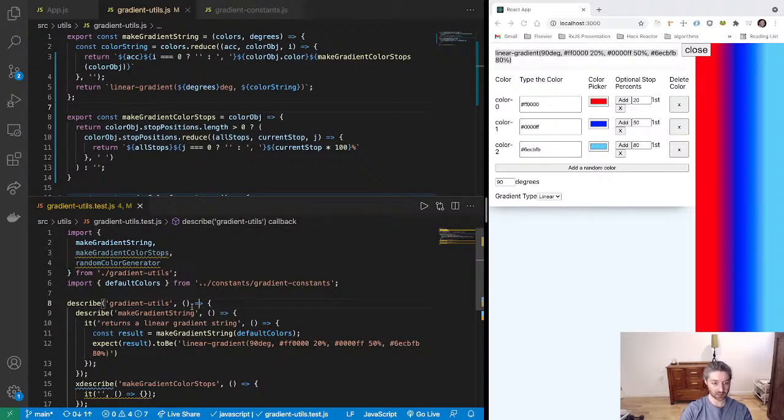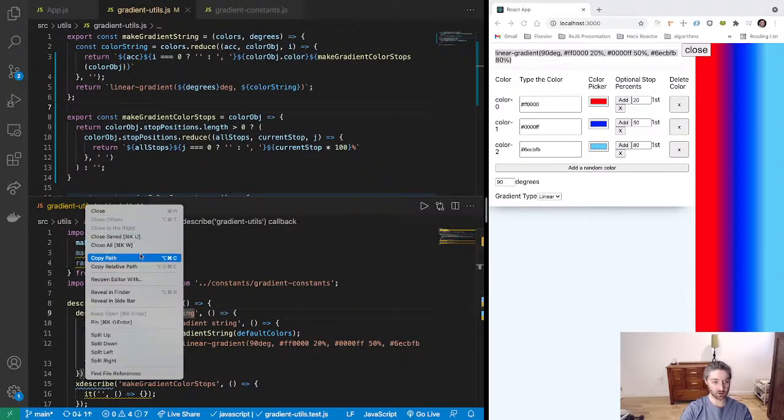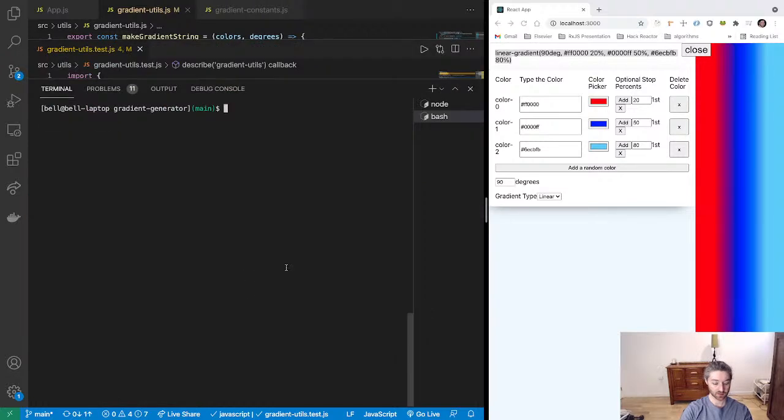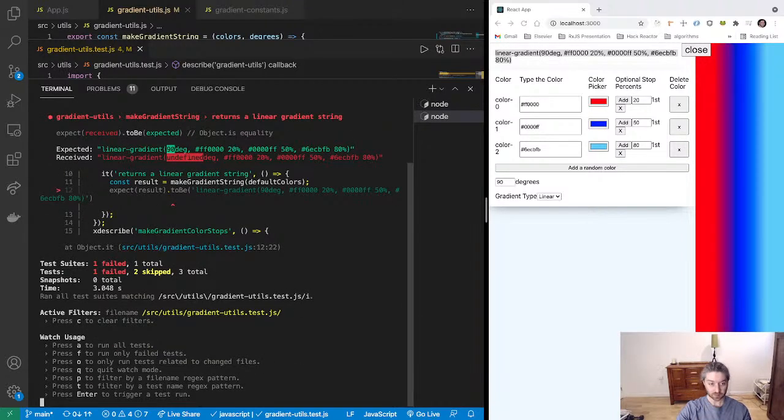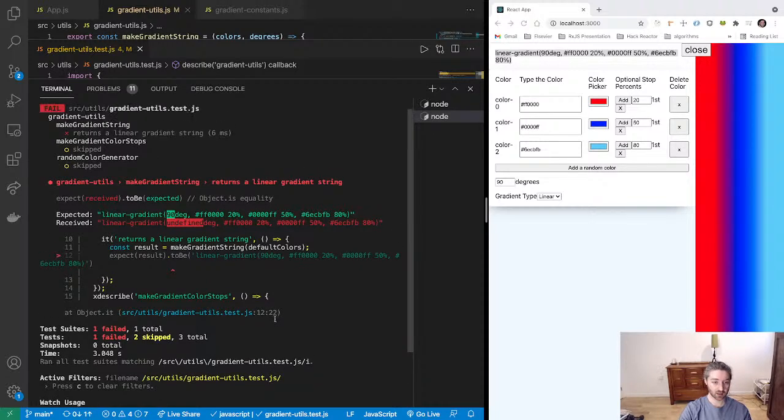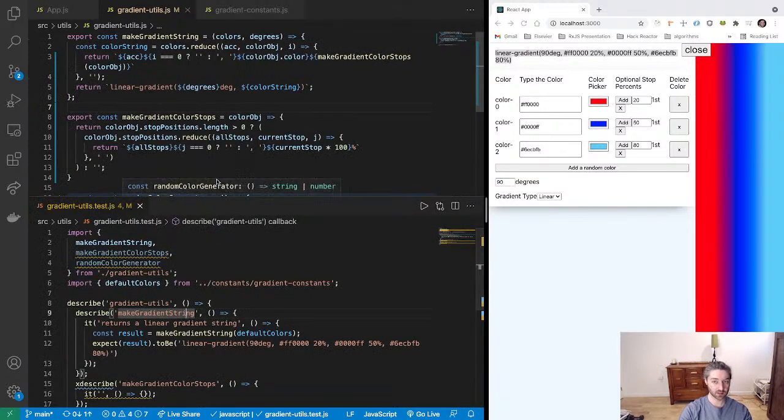To be that. So then when we run this, we're expecting that to pass here. That's the expectation. Okay. Linear gradient, undefined degrees, FF. Okay, I forgot to pass the degrees. The degrees defaults to 90,